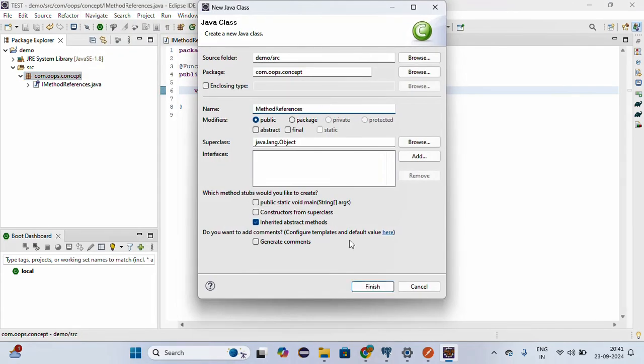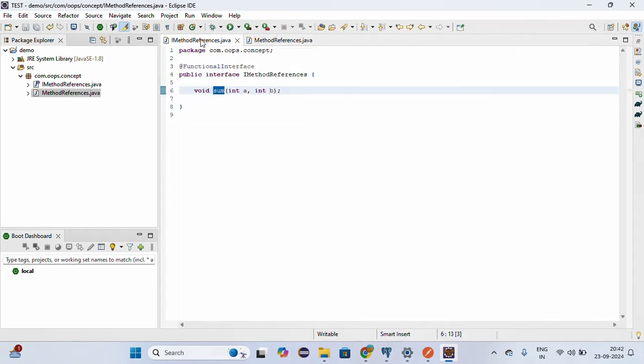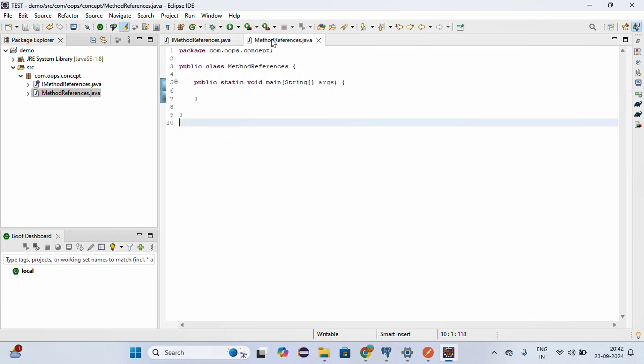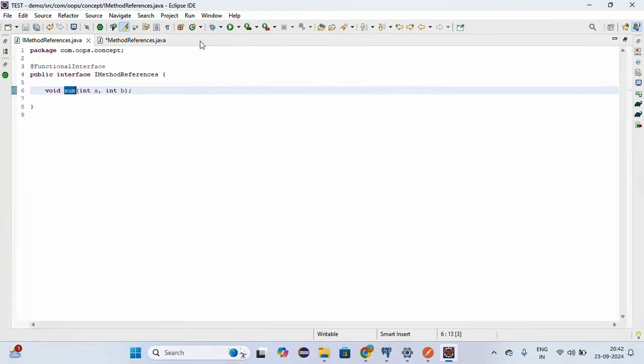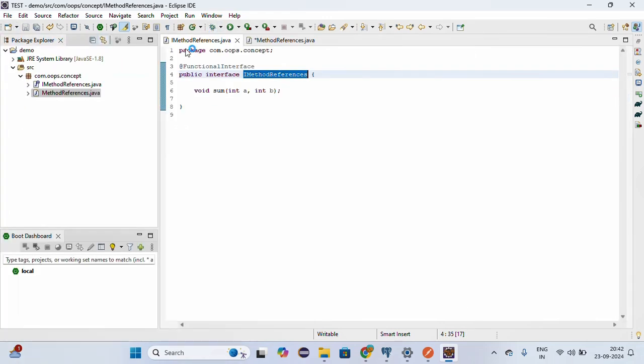So this is my class. Then I'm going to provide the implementation for this interface without a separate class, by using the functional interface. Okay, then here this is the interface, the interface method reference